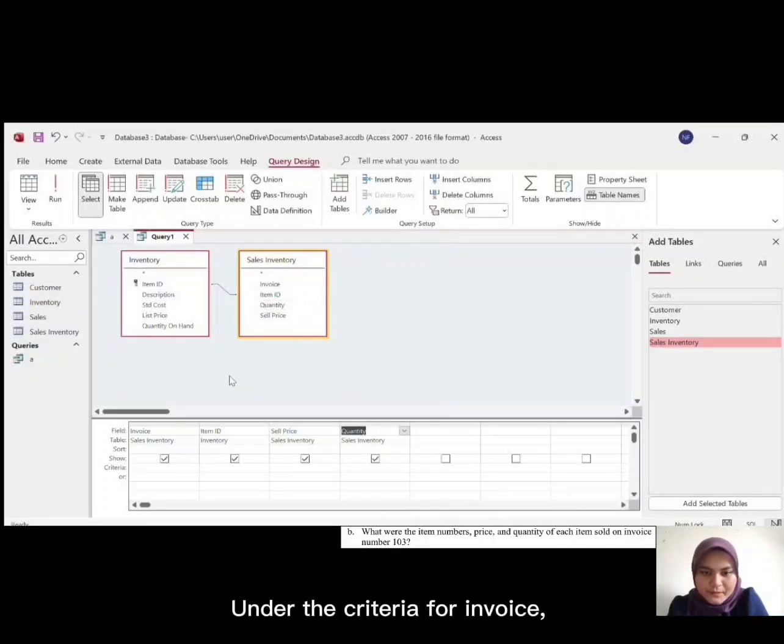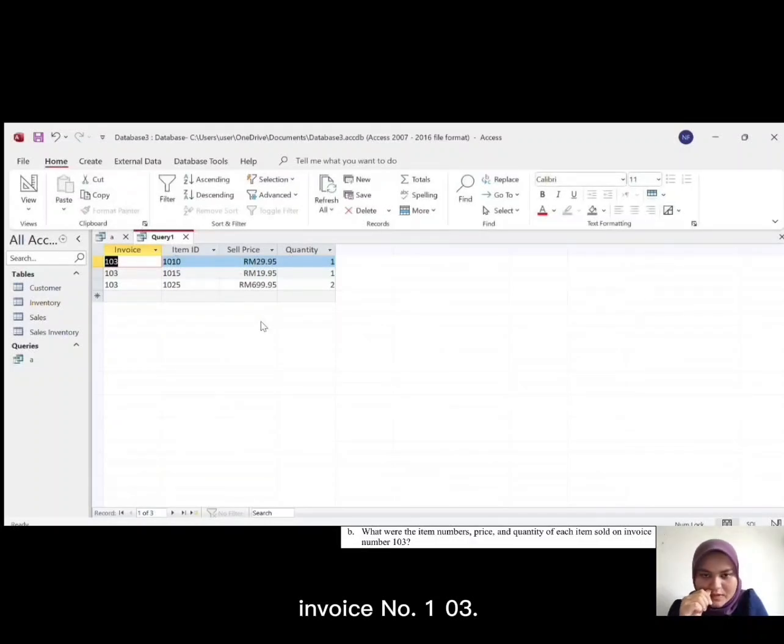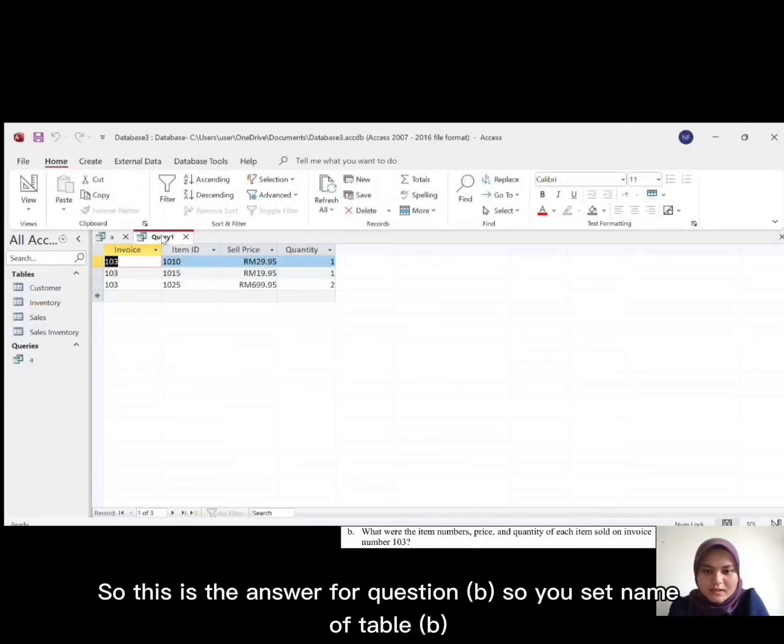Under the criteria for invoice, you should type 103 because the question asks for invoice number 103. So this is the answer for question B.